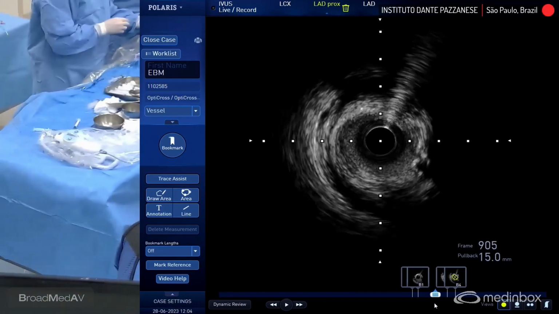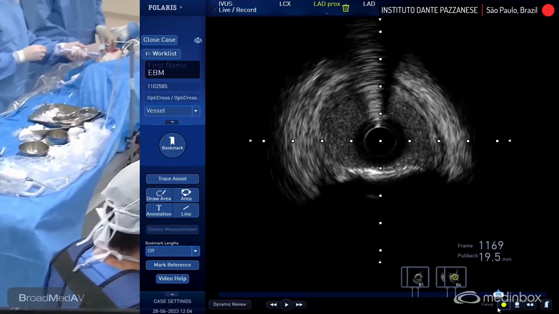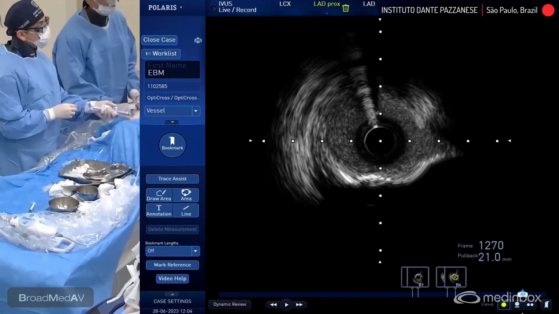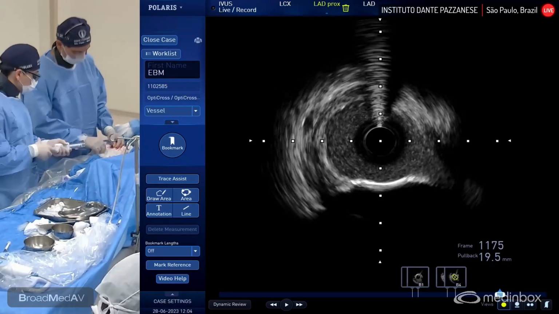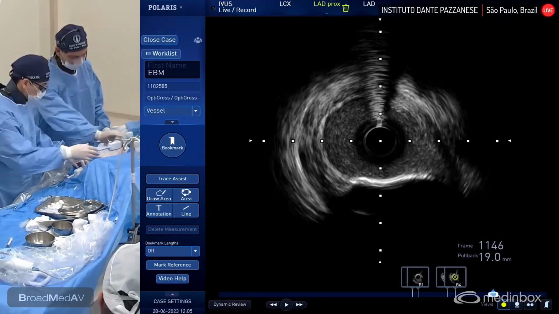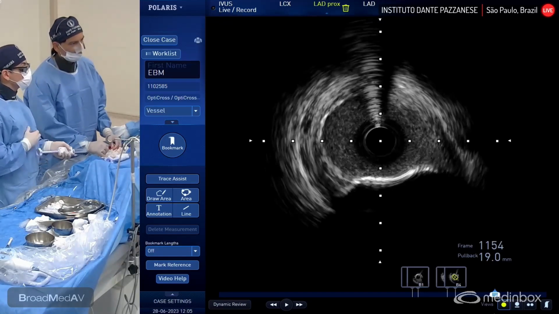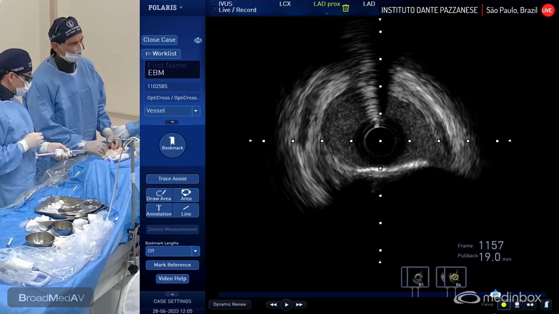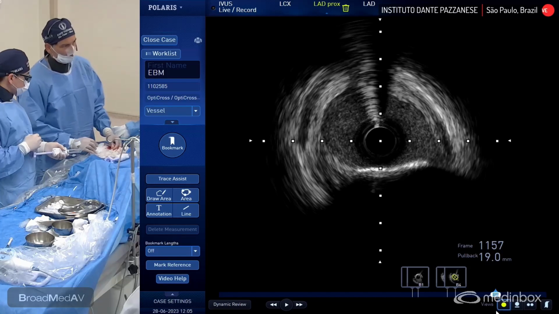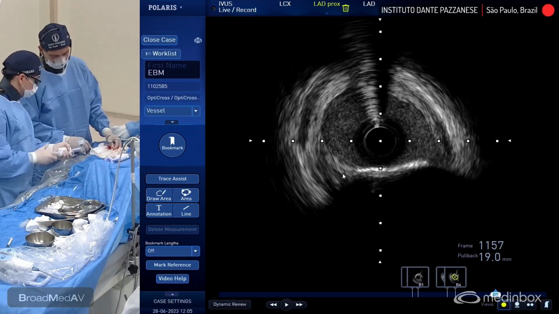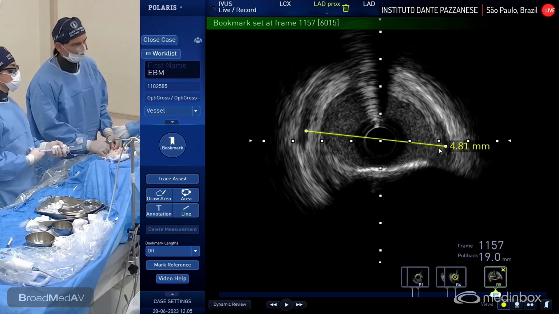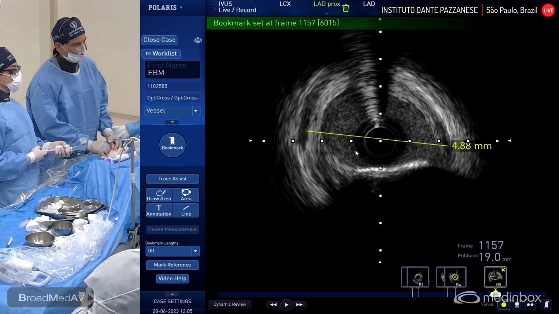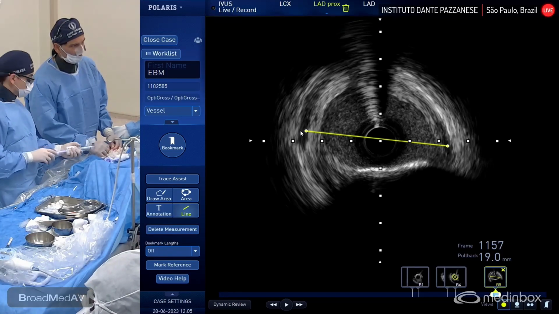Okay, so what I want to show here was in this run that we did before starting the PCI in the left main, just to see what the left main looked like and how we sized. So here, there's some calcification that shows some acoustic shadow behind this plaque. But what I can tell by IVUS here, if I take the full vessel size, really close to 5 here. If I go up to the EEM,